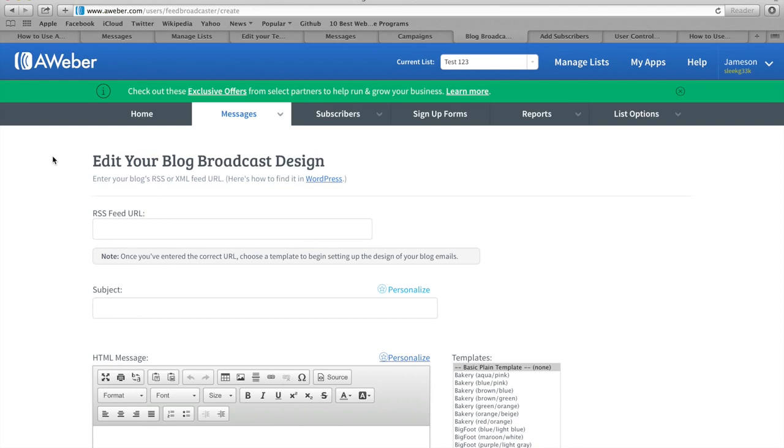Once you're on the blog broadcast page, the first thing that you have to do is put in your RSS feed URL. If you don't know what this is, it allows Aweber to know when you update your website with new articles. So if you need to find out what your RSS feed URL is, you can go to the video